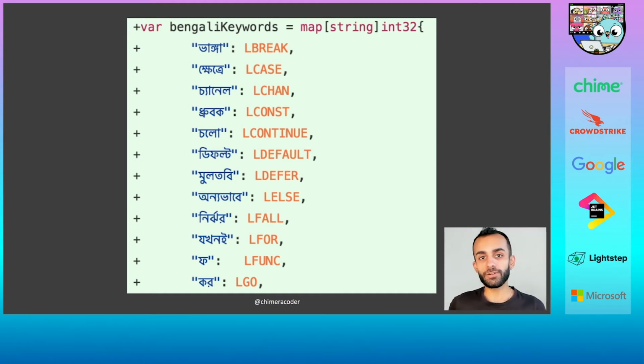So in the Go compiler, you'll find this map which has a series of English keywords, and it maps those, a map of string to int32, so like some internal representation of how that keyword is going to be stored. And we just have to extend that to understand Bengali versions of a keyword. And this is all done purely by the Lexer. The parser has no idea that anything has changed.